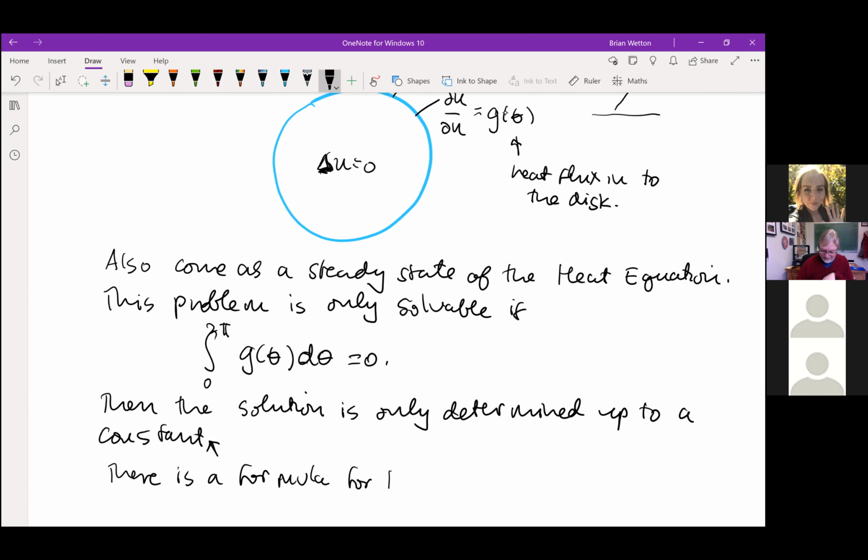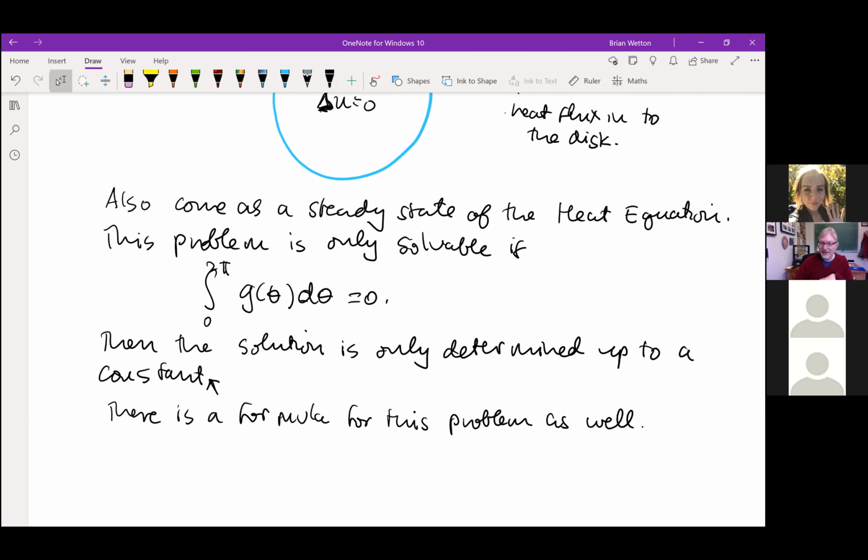for this problem too. Okay, but I don't happen to know it off the top of my head. So that would be the Neumann problem. And now you have seen, without seeing the technical details, at least some physical motivation for how these things go. And there is a condition to be able to have a solution, and the solution is